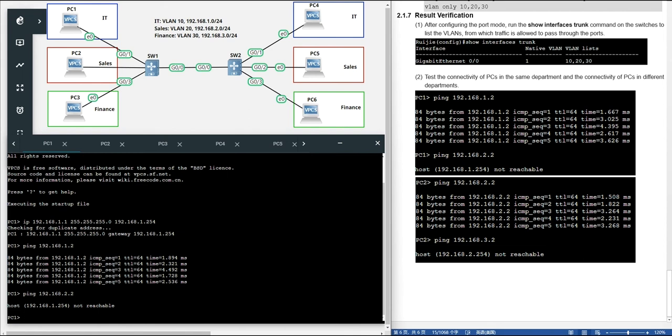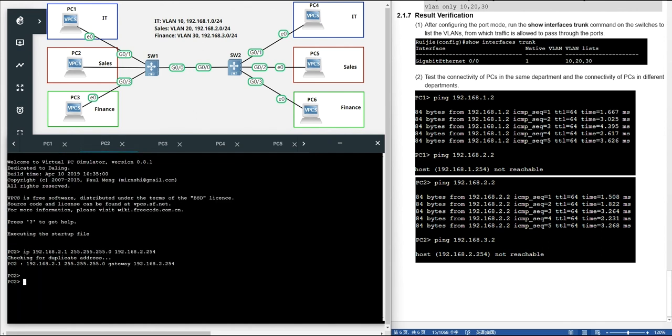Then the gateway can help you to do the communication, but we don't add the gateway on our network. So the result, PC1 cannot ping PC5 successfully.